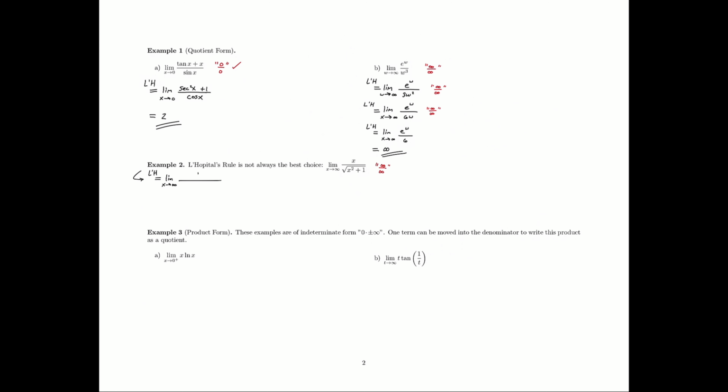now the top derivative is easy, it's 1. The bottom derivative is going to be 1 over 2 times the square root of x squared plus 1, but then we have to multiply by the derivative of the inside, which is 2x. Sure, the 2's cancel, and we have that. And then here,